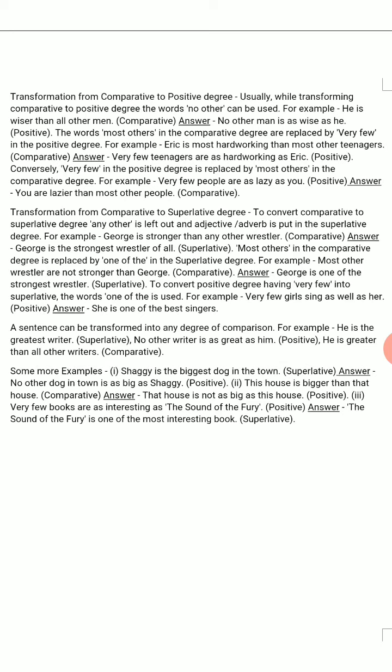But positive degree, as we come to know, is describing the pronouns. Comparative degree, as we know, shows the comparison of two things. Superlative degree means we are showing that the subject of the sentence is unique among the whole world. It is being compared universally. Nobody is better in comparison to that. That has been described over here in the superlative degree. So you have to frame the sentence accordingly.